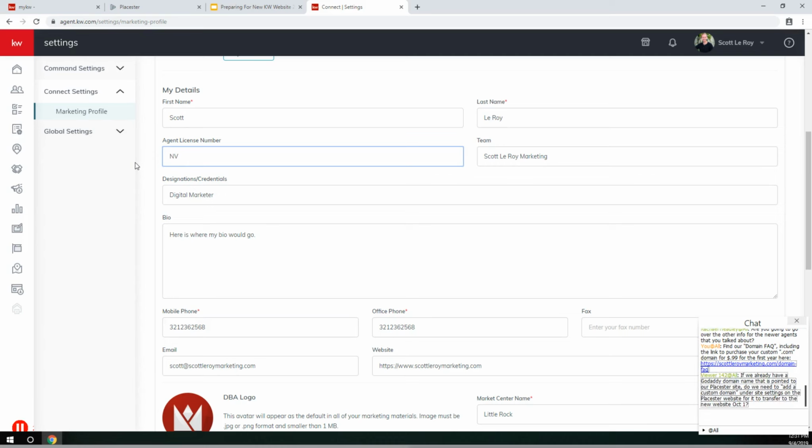And then let's see, if we already have a GoDaddy domain, then it's posted to our Placer site. Do we need to add a custom domain or their site settings on the Placer website for it to transfer to the new website October 1st? I don't know, is the short version. My understanding of the new sites is, and they only mentioned this in the very briefest sense, that the forwarding of custom domains to the new sites is not going to function the exact same way as it does currently